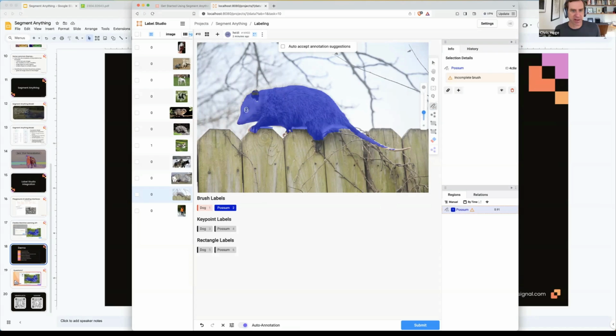And so we can just continue to add to the image, maybe refine it a bit, use the eraser tool to pull out some of the sky that was picked up here, and just refine our mask using a combination of Segment Anything and our manual annotation process. And this is where the art of data annotation comes in, where you want